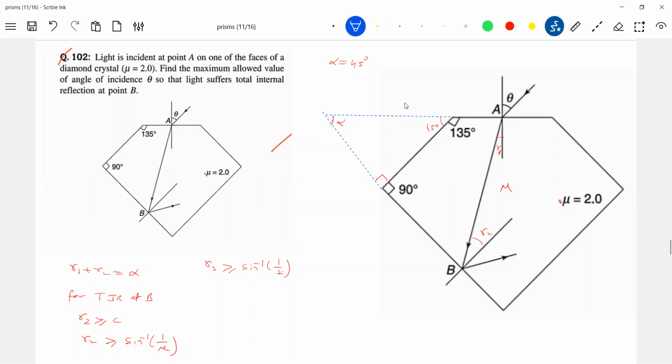Let's get into it. So what is R2? R2 we can write as sine of R. Okay, directly I think we'll get the value of this one. No? R2 should be greater than or equal to 30 degrees. What is R2? We can write it as alpha minus R1. Alpha is 45, so 45 minus R1. Any mathematics? No. 45 minus 30, 15 degrees should be greater than or equal to R1.